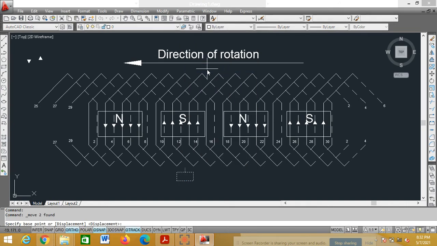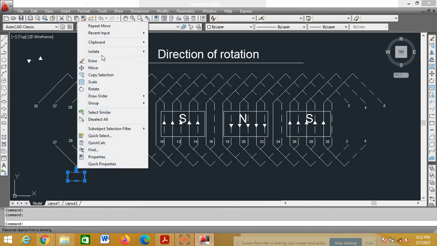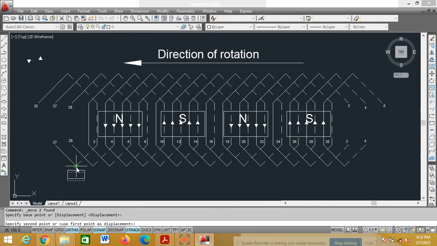Go for move option. Select this as the base point and place it at the first connection. There is a gap, so I have not placed it properly. So again I'll select this, move option, select the base point and exactly place it at the, now I want 17.